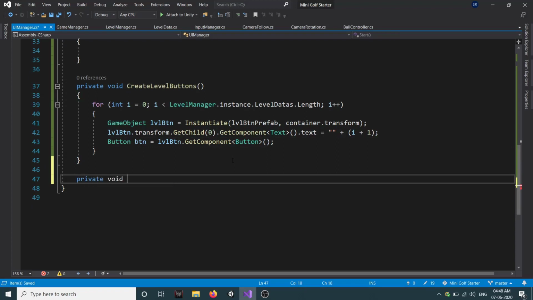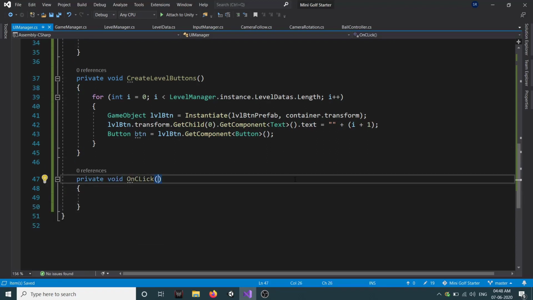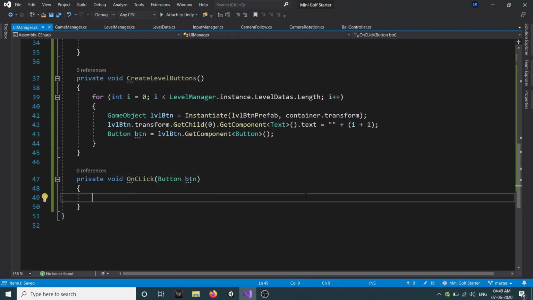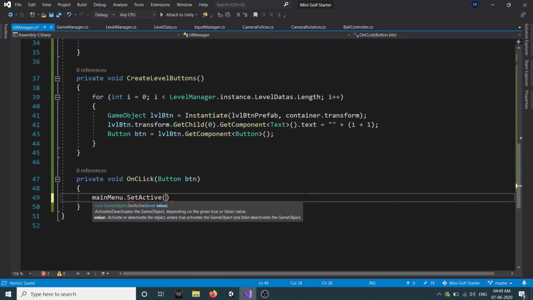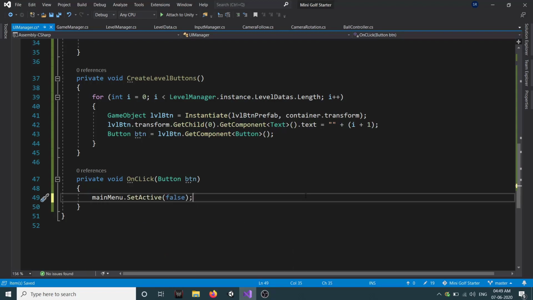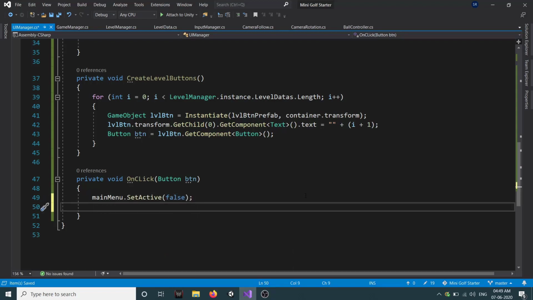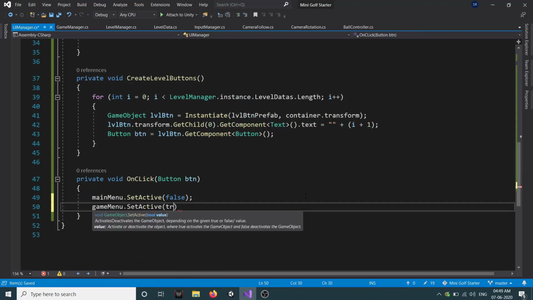So private void OnClick, and the OnClick will take a button parameter. So when we click on any level button, we want our main menu SetActive to false. So we want to deactivate our main menu, then we want to activate our game menu. So game menu SetActive to true.